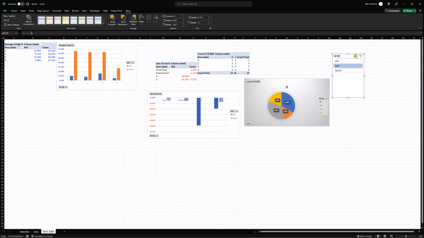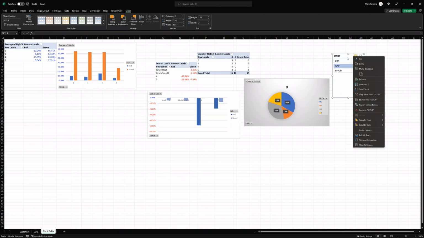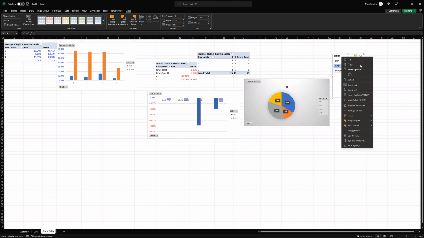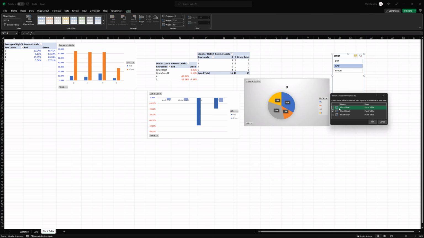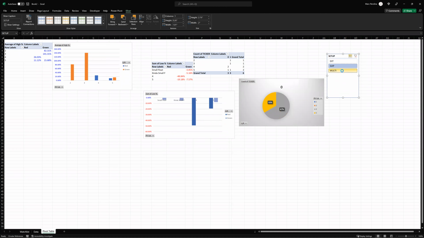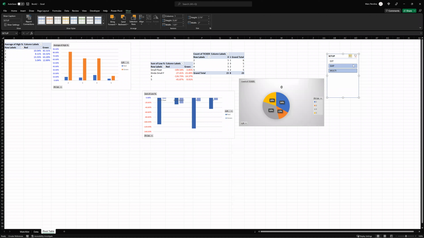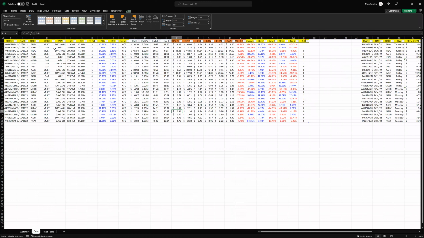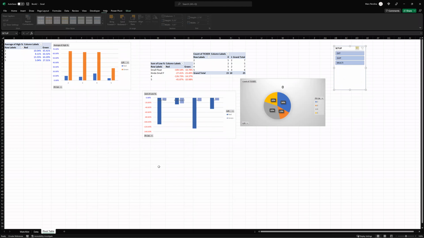Hold on. There's a way to connect this and all of that into this, but I'm forgetting. So there it is, report connection. Check all that and it should change all that. See? Yay. And then click the X there and it'll highlight everything, and that's the overall thing. So you can do that with a lot of things. That's why I said to do categories and do as much as you want and as much as you can, because you can do slicers like this and you can be very specific with how you want to look at